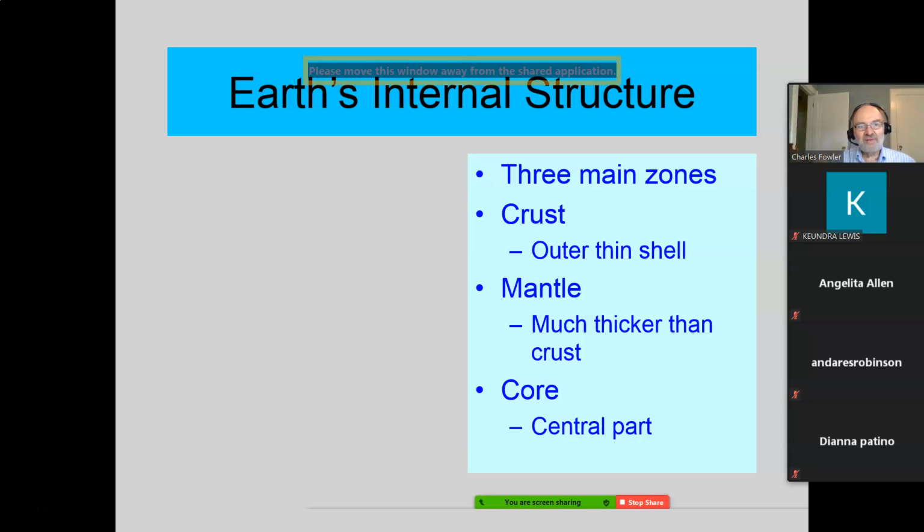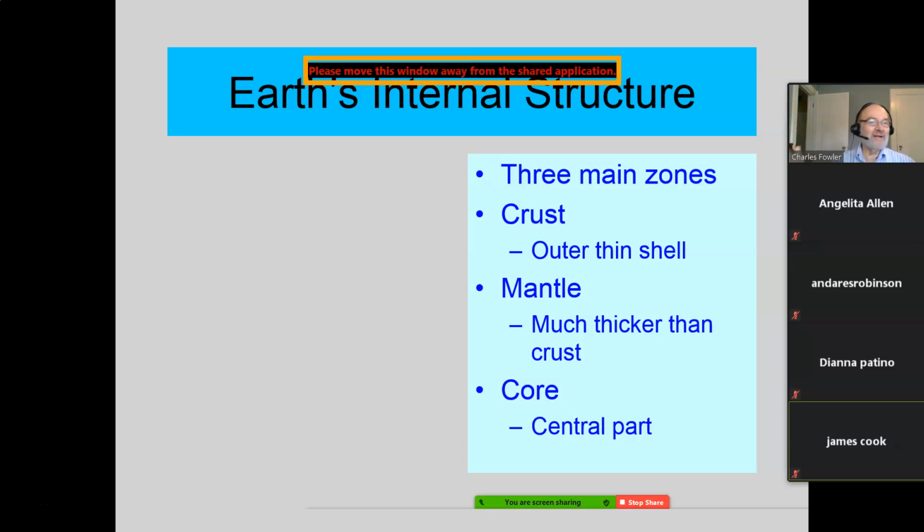The crust can be up to so many miles thick. We don't typically go down miles into the crust. We just don't do it. Okay? But it's very thin by comparison. Now, miles doesn't sound like it's very thin to me, but when you consider how big the Earth is, just a few miles is a tiny, tiny fraction of how big the Earth is. So it's a thin outer shell.